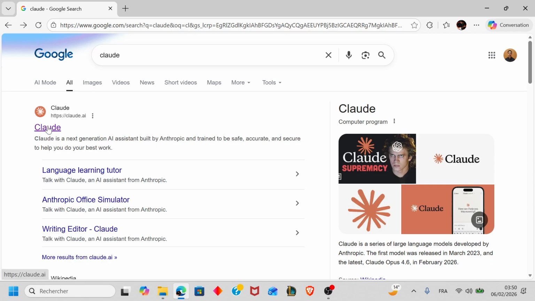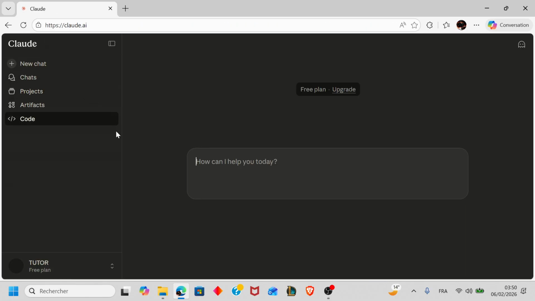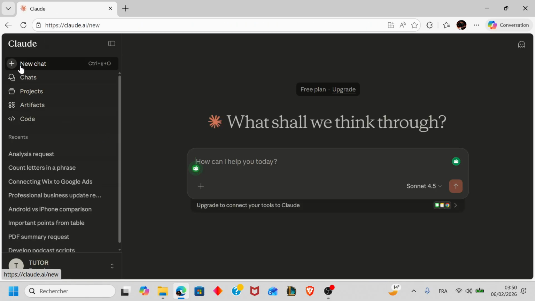First thing you want to do is to open Claude AI. You're going to go to your web browser and then type Claude in the search bar, and then you're going to click on the Claude.ai website. After that, you're going to start a new chat by clicking on new chat here, and then you're going to describe your project. For example, I want to make a website, an e-commerce website